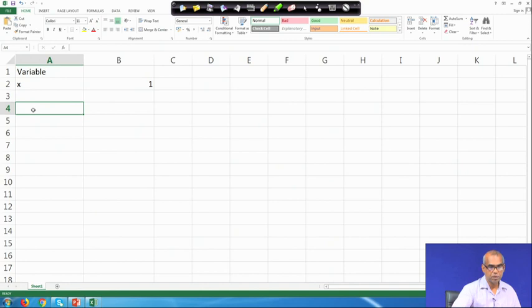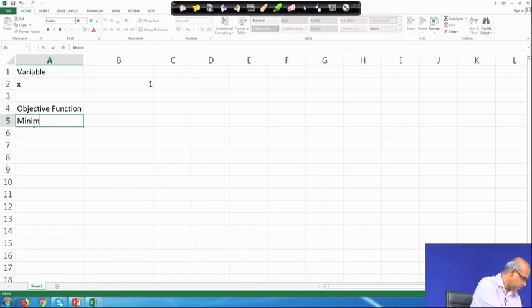So, let me skip one row and then write objective function. So, my objective function is minimize area.